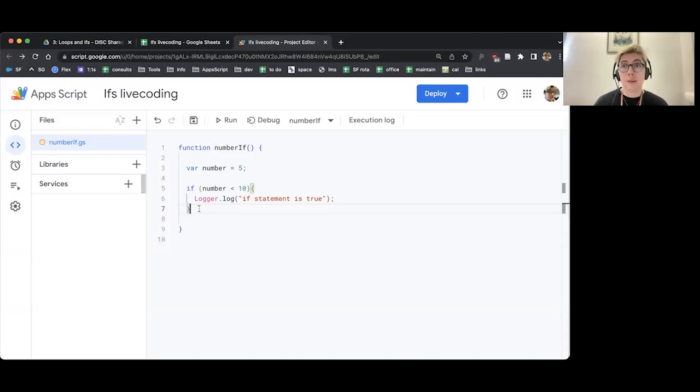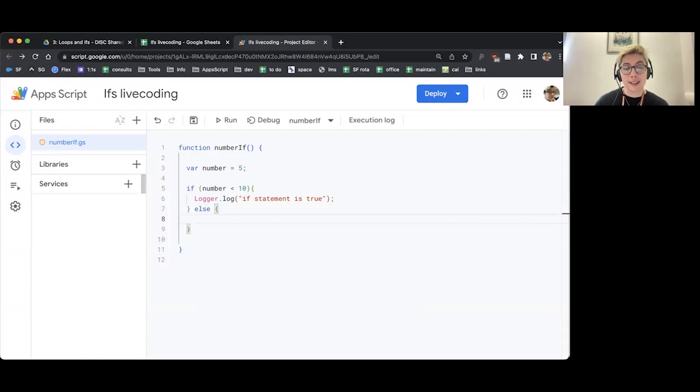So after my little end curly brace, but not after the final one, which ended the function. If I click on one, I can see its pair is highlighted. After the one that's for the if statement, I'm going to do a little space. I'm going to write else, and then do another set of curly braces and hit enter.